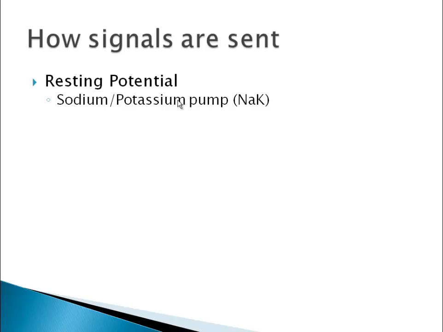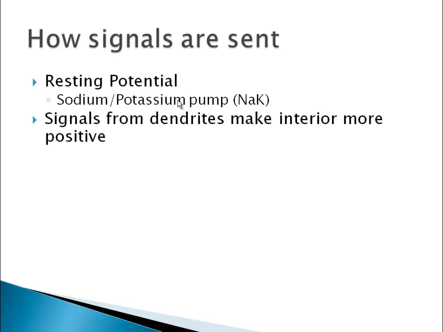Now, what causes this basic resting potential to get upset? Signals. Remember, dendrites collect signals. They either collect them from other neurons or they collect them from sense organs. And those signals essentially tell that receiving cell, that postsynaptic cell, to either let in more sodium or perhaps don't kick out quite as many or kick out even more. But in this case, it's let's not kick out quite so many. And so the interior of that cell body, that soma, starts to become more and more positive.